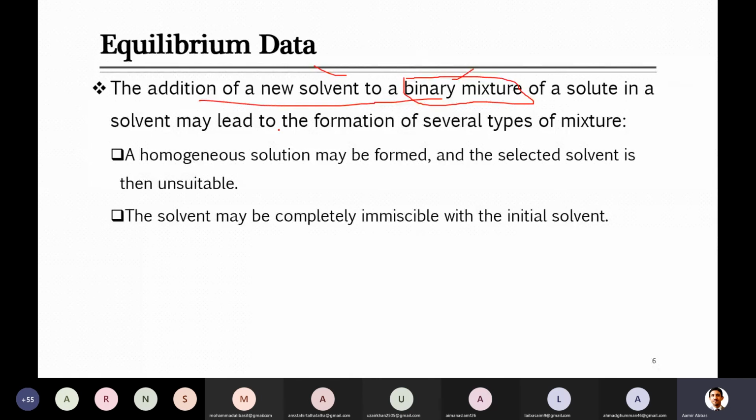The second possibility, when you mix, for example, solvent and the feed, so what possibility can appear there? The second possibility is the solvent may be completely immiscible with the initial solvent, which was part of the binary mixture, which was the major part of the feed. So this is one extreme, that they completely get mixed, and this is another extreme, that they didn't get mixed with each other. What will happen when they come in contact with each other? Only solute is transferred from feed towards the solvent, and in this newly introduced solvent, no part of the already available carrier or solvent is transferred. So this is another possibility.